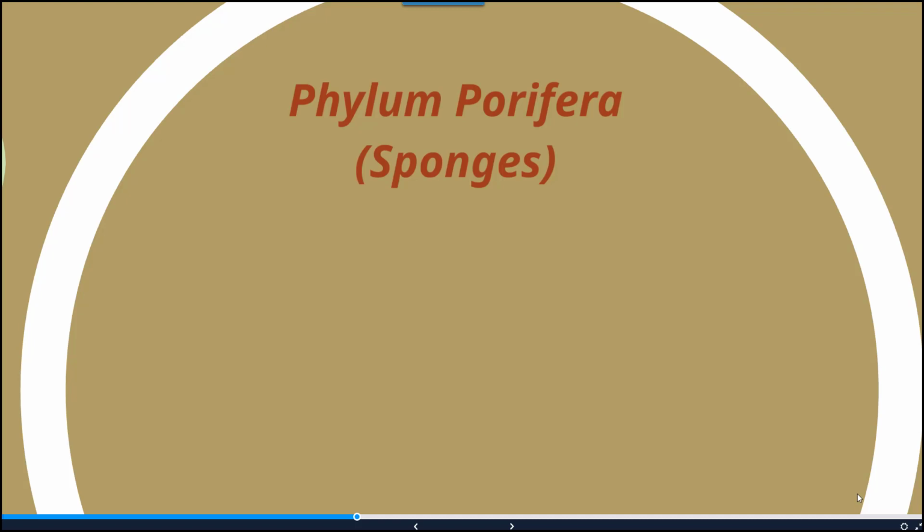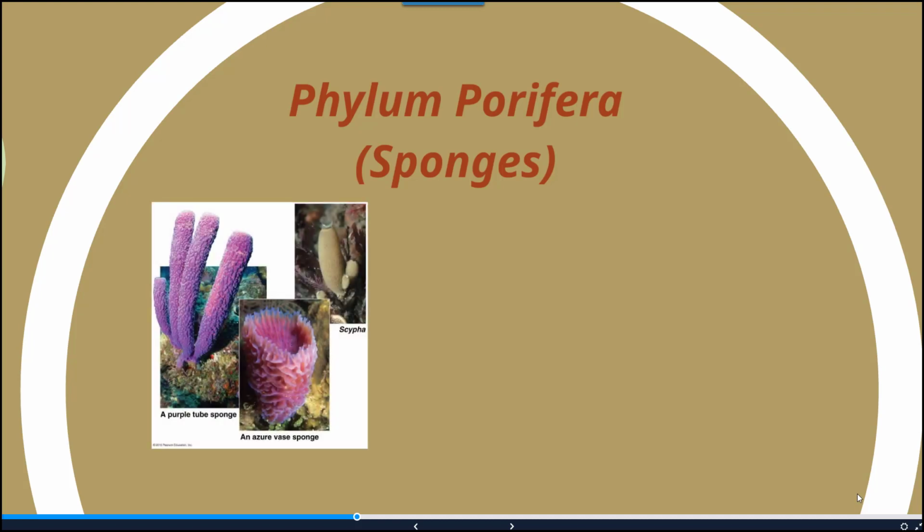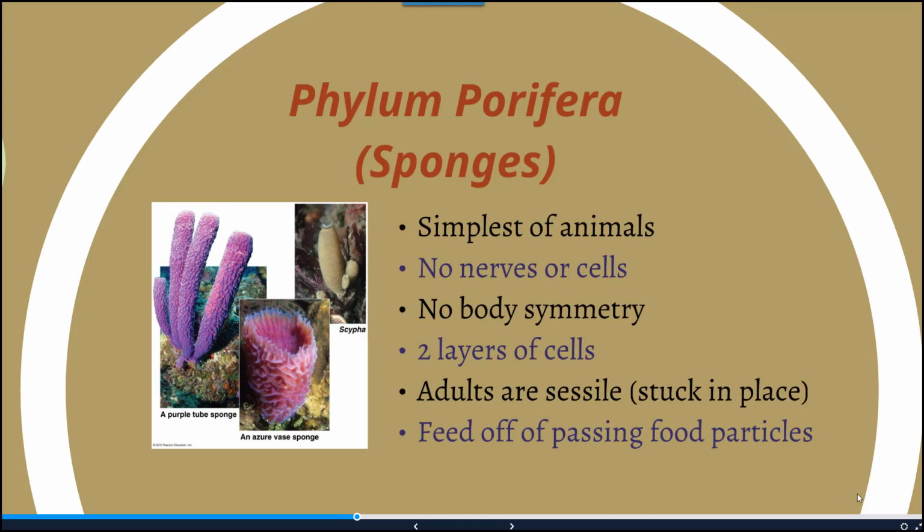We begin with the phylum Porifera, which are sponges, such as in these beautiful pictures here. These are going to be the most simplistic of animals. They have no nerve cells. They are going to have no body symmetry to them as well. So I mentioned two forms of body symmetry. There's actually another which would be termed asymmetry, as in the case of these sponges.